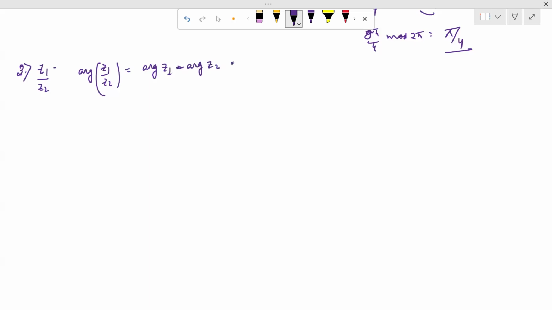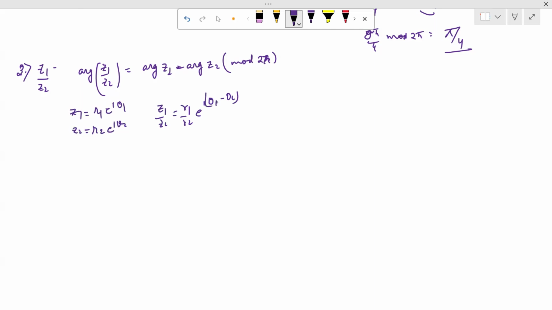And then you can take modulo 2 pi. And this certainly will solve your problem here also. And the derivation part is quite easy. You can write Z1 = R1 e^(iι θ1), and here you can write Z2 = R2 e^(iι θ2). And you know that Z1 by Z2 would be equal to R1 by R2 e^(iι (θ1